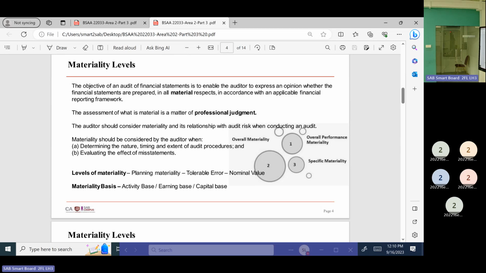So now we are going to have a materiality level. Materiality calculation. As auditor, this is a highly complex area. You have to use judgment, you have to do proper calculation, you have to do estimates once you are doing your materiality calculation. Why do we worry about this materiality calculation as auditor? What's the reason we are using a materiality level?